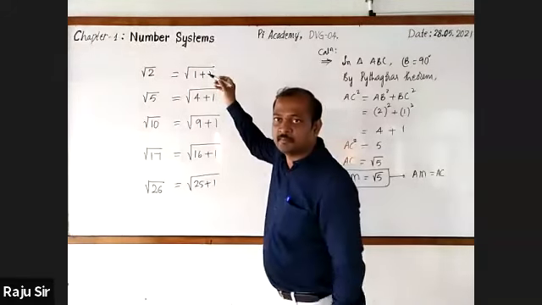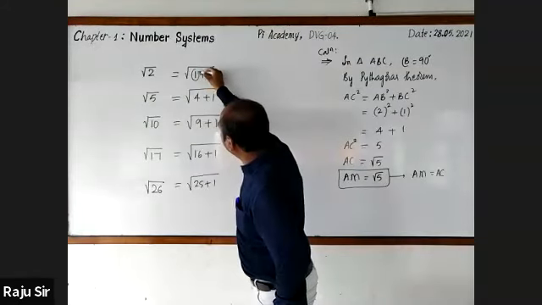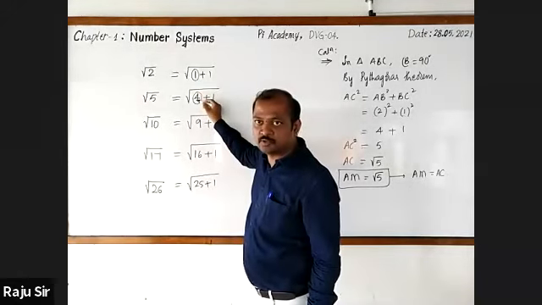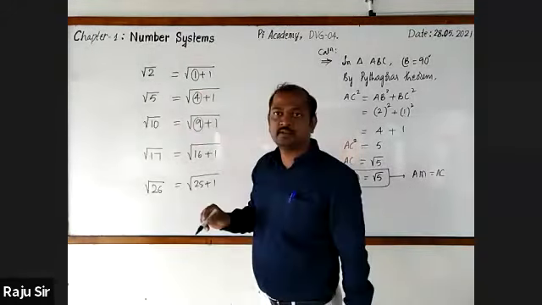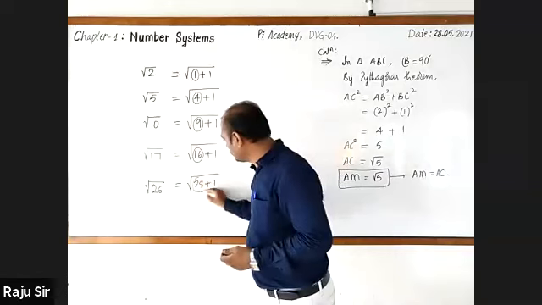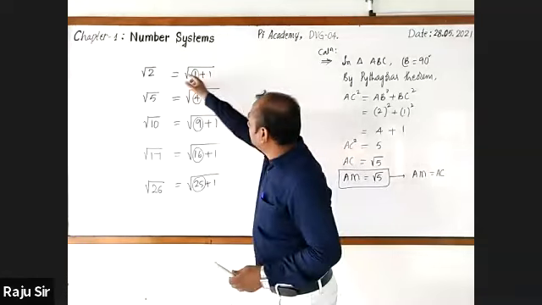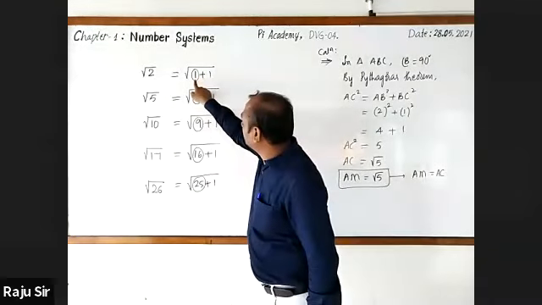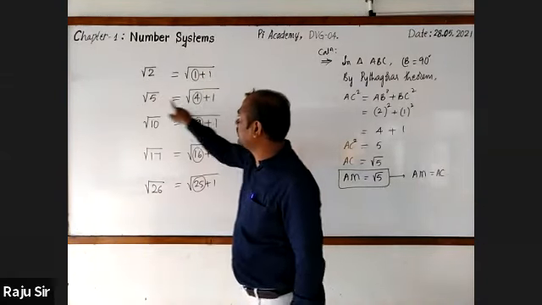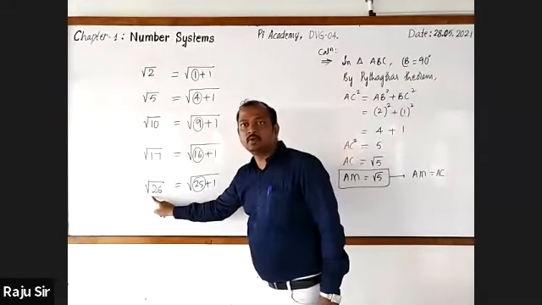Yes. Observe it. When you observe all these numbers, you can come to know that here 1 is a perfect square, 4 is a perfect square, which is nothing but 2 square. 9 is a perfect square, 3 square. 16 is a perfect square, 4 square. 25 is a perfect square, 5 square. So you can also come to know that here it is perfect square plus 1, this is root. In the second one, perfect square plus 1, root 5. Here, perfect square plus 1, this last one, root 26.